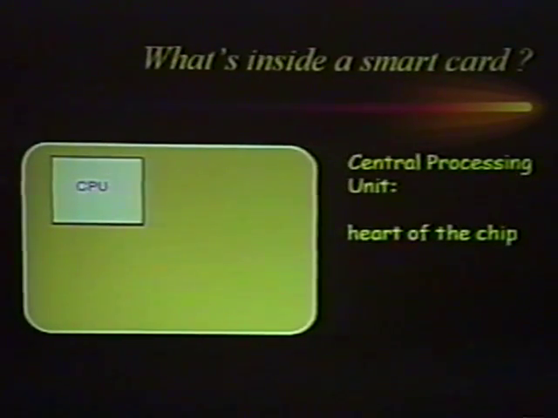Some people think that a smart card is only a memory chip. It's not true today. The earliest smart cards or chip cards that we had in the field, let's say 10 years ago, they were memory chips used for counting phone minutes. But today, all smart cards have a CPU for security purposes and others.